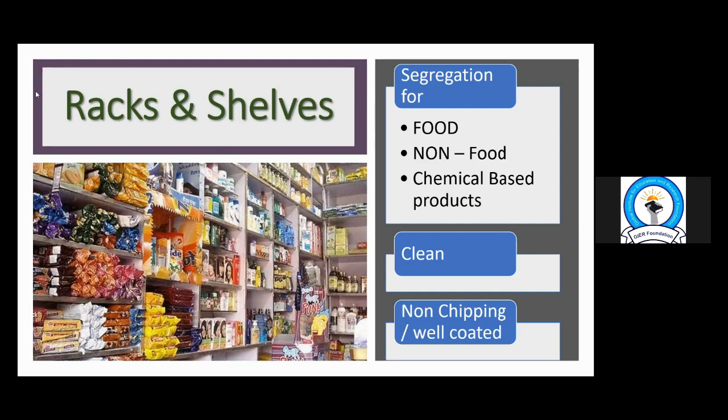Right? So make sure that you keep food products on the racks which are specified and fixed for food items only. Near to that, you can keep non-food items, but not smelling ones, and not chemical waste. Then all chemical products should be kept separately. Now, my question to all of you